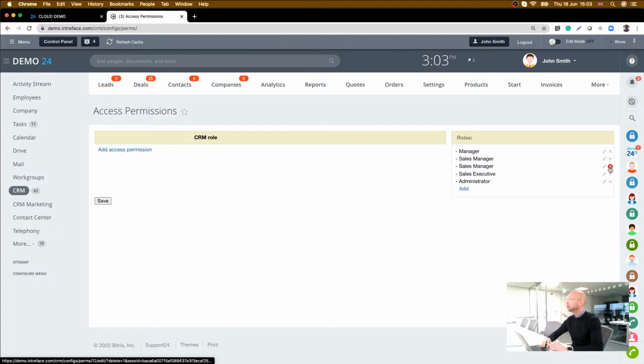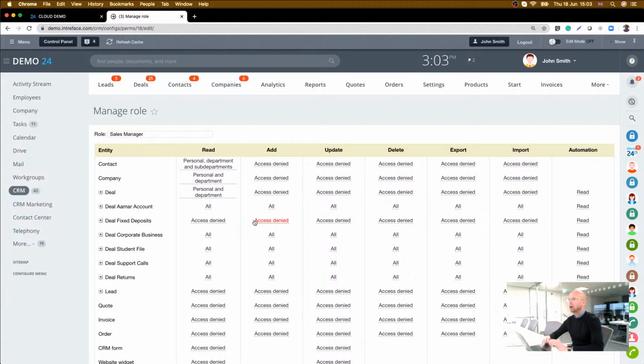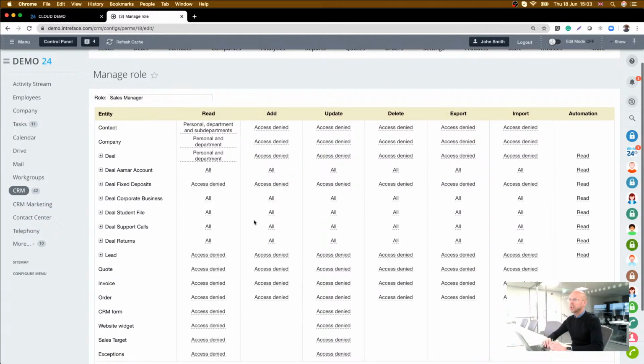So you have 2 sales manager roles in there. So that's probably going to be a typical structure for roles like that. Let's just have a look in one of the roles, the sales manager role. So it is possible within each role to define different levels of access to different areas of the CRM system. So these are the levels of access across the top, and these are the different modules that we have on the left hand side. So if we just look at the first couple, companies, contacts and deals,